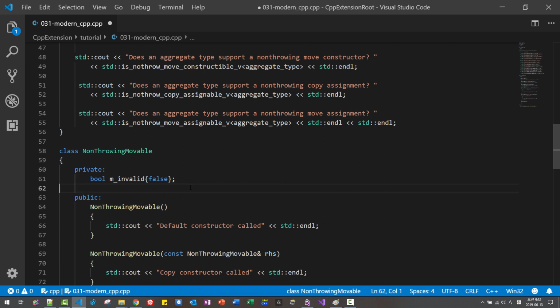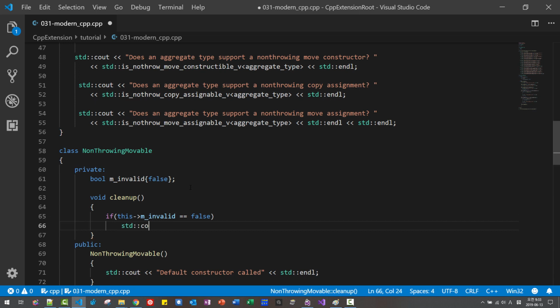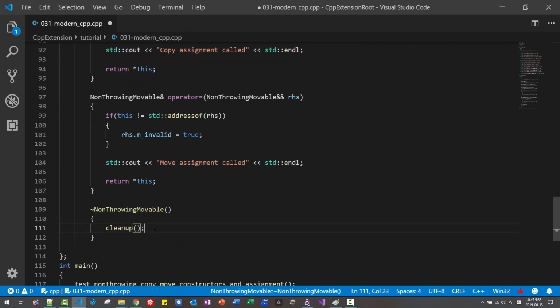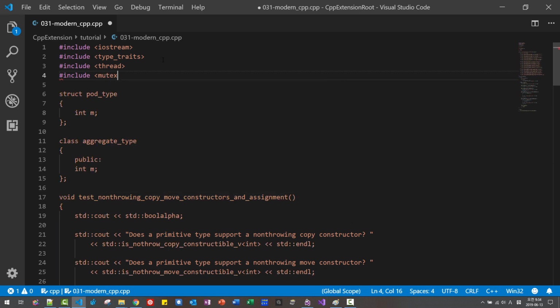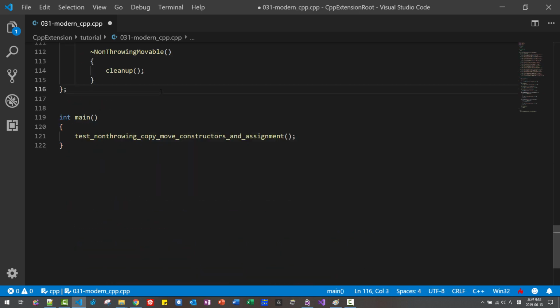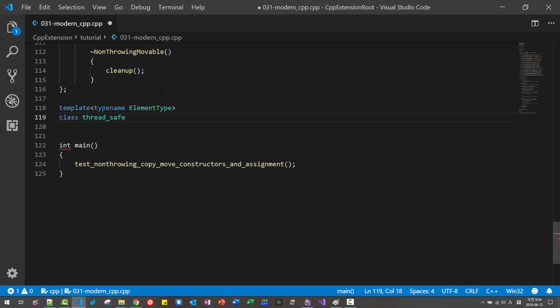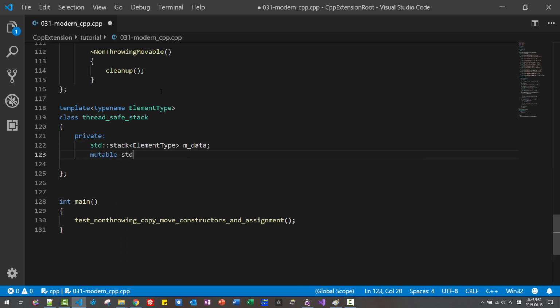I will create a function here, void cleanup. If this m_invalid is false, we can say std::cout destructor cleaned up, std::endl. Now I copy this function, paste it here. Now we need to include thread, include mutex, include stack. Here template, typename ElementType, class ThreadSafeStack, private std::stack ElementType m_data, mutable std::mutex